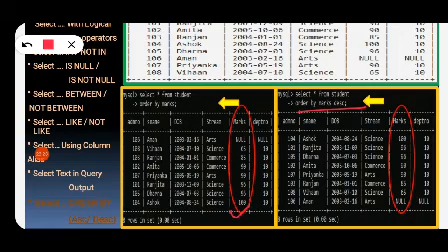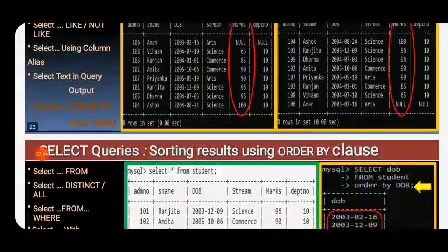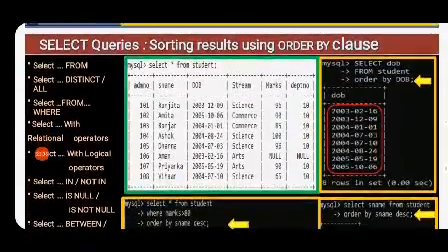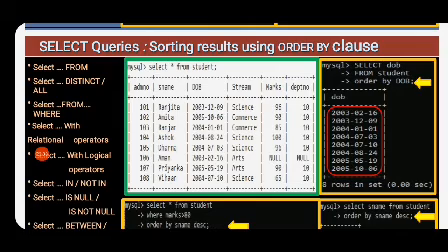So you will get the output like this. Now moving to next, another example of the order by clause. Select DOB from student order by DOB. So you will get the output.